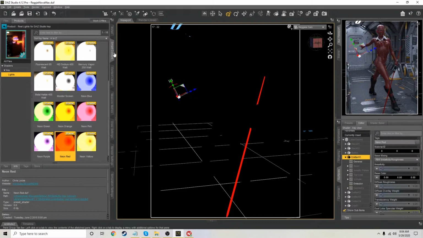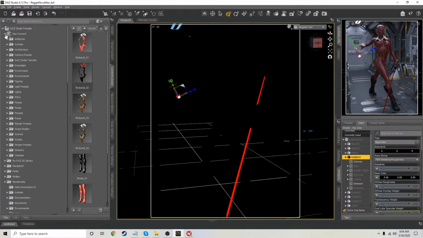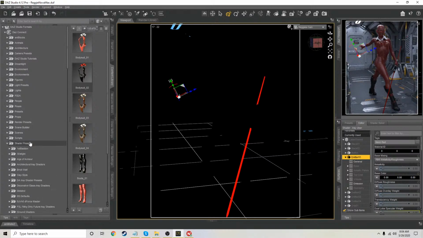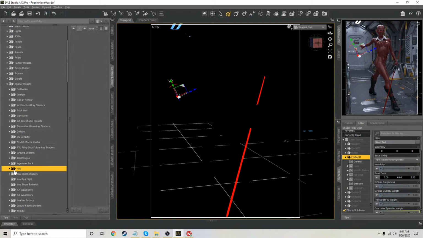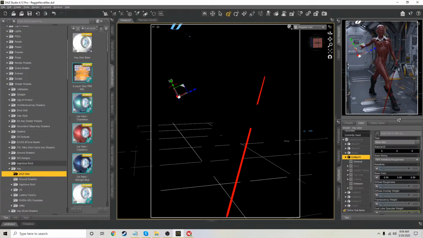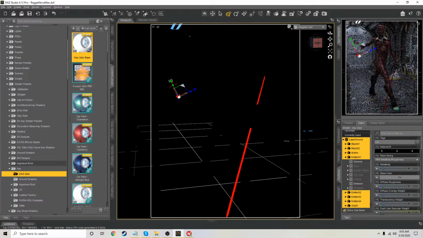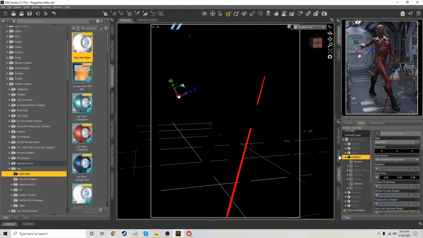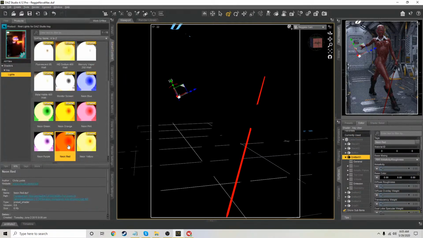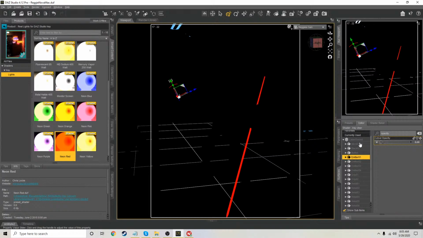Let's try this. Let's make sure that you got the Uber shader on it. So it's an iRay shader, and that's not up for question. Although really I would have thought that would have done the trick, just applying it manually. I'm going to grab the whole laser sword, update all that to Uber shaders. Then I'm going to go back to emitter and go into this. Did not do it. Did not do it at all. Let's try some things here. Let's start turning things off just to see if